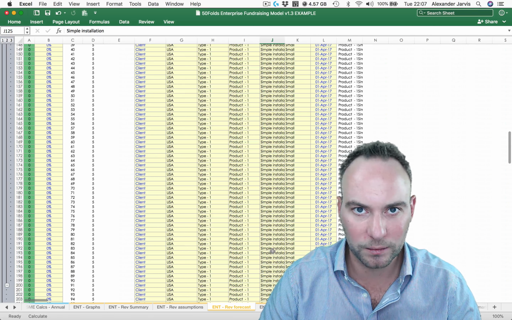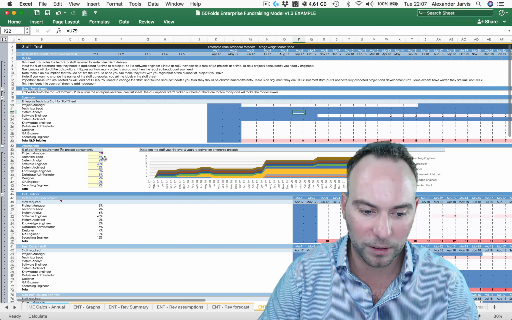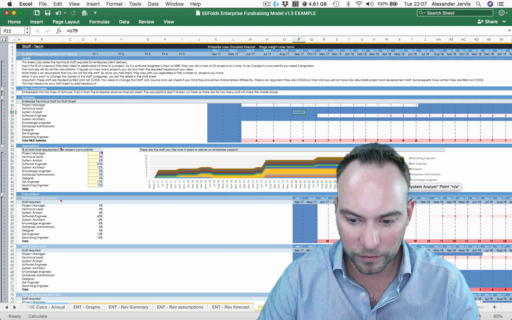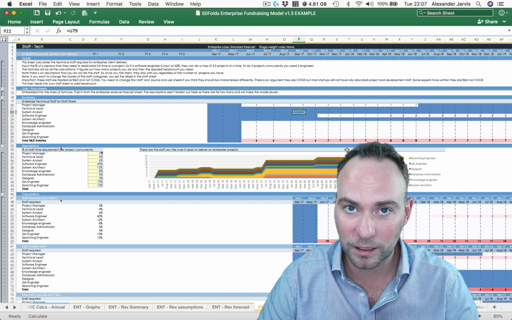I mean, you can try and make it a little bit simpler by not breaking out products or not doing expansion phases, by not doing cases. But if you like numbers and you're really good, want to do proper planning, this tool is pretty awesome. I mean, you can actually properly figure out what your hiring requirements are going to be for your staff. So if you're going to be growing aggressively, this is actually useful, right? So do it properly, and this model can actually be operational for you. So just be realistic about it.